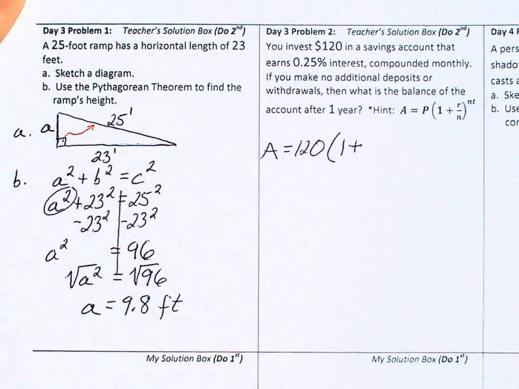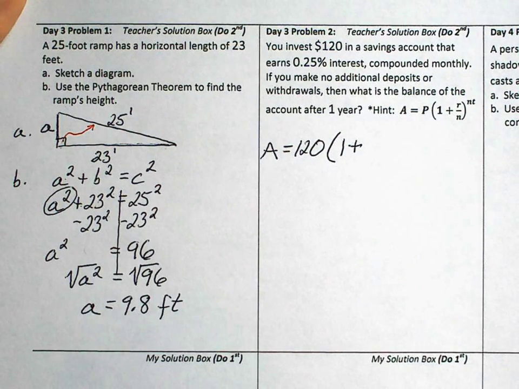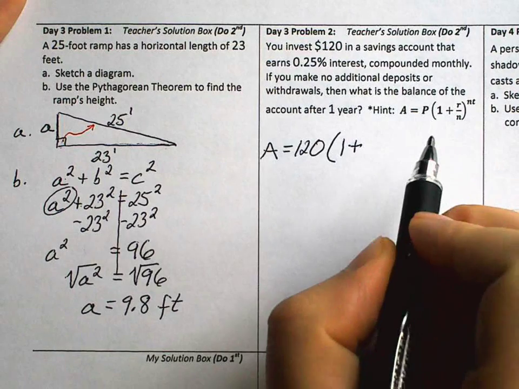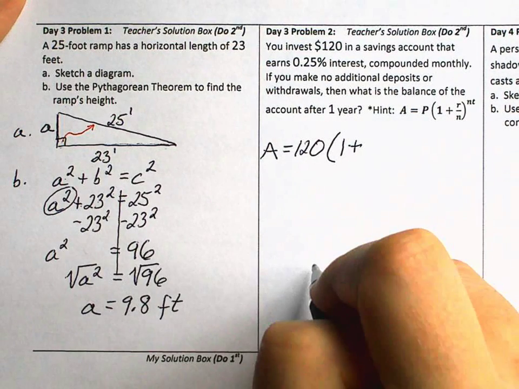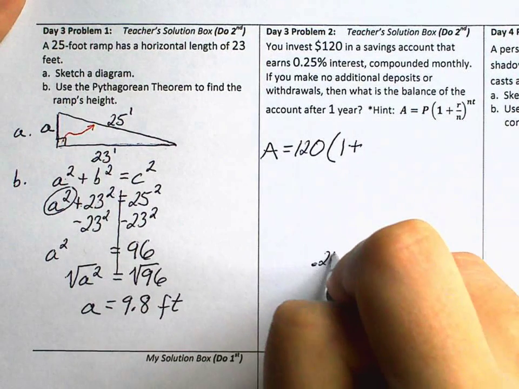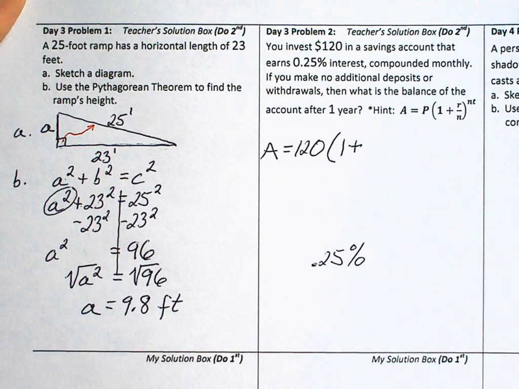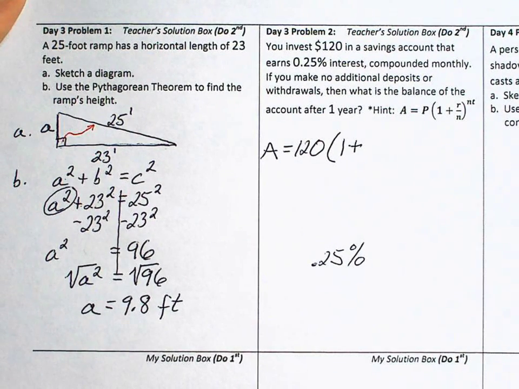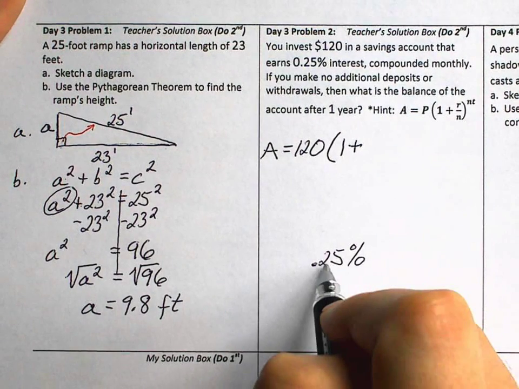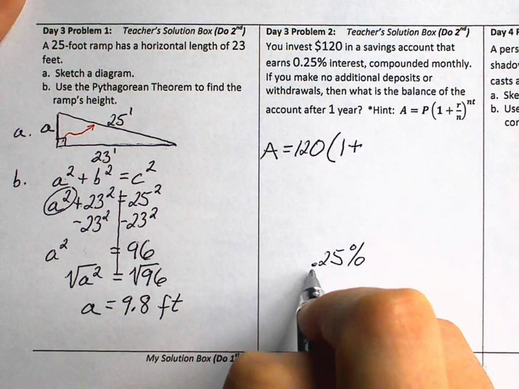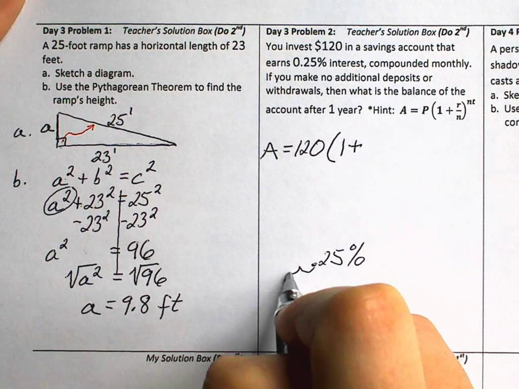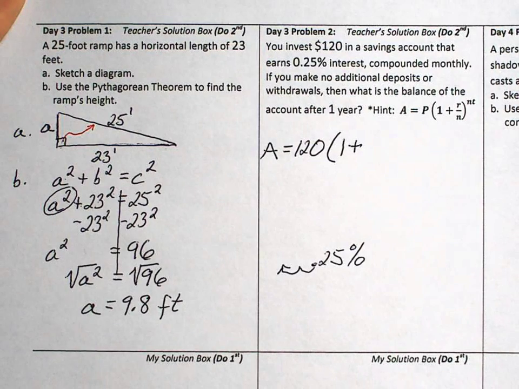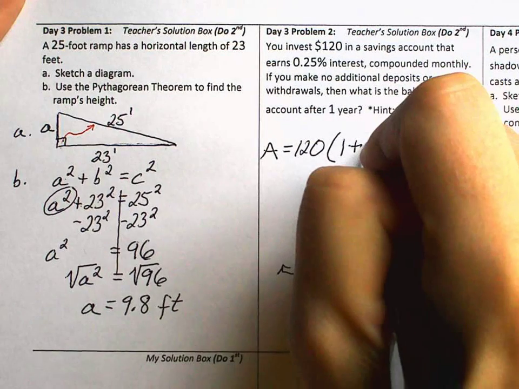And then 1 plus. Now the letter R is interest rate, but when you use the math formula, you have to put the interest rate in as a decimal. And right now it's given to us as a percent, 0.25%. That's less than 1%. That's not a very high interest rate. To change 0.25% to a decimal, move the dot 2 places to the left. That makes